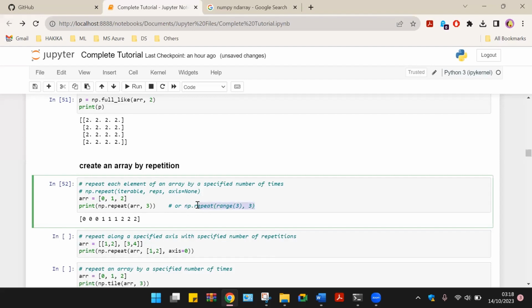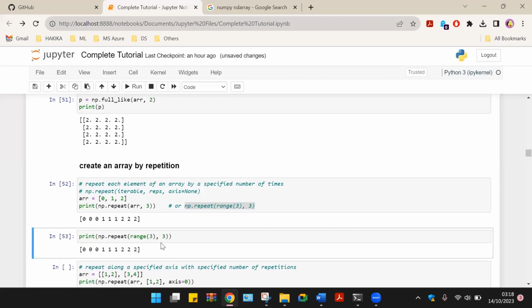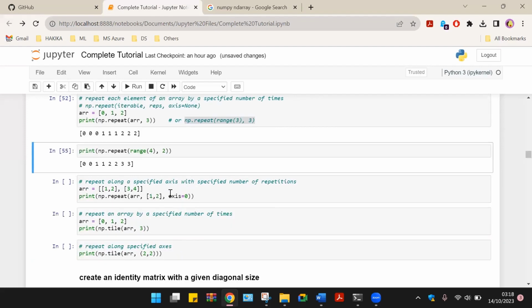And in this case, we can also use this function to create the same array. Let's see, print that, see what we get here. And we are repeating that 3 times, range 0 to 3. We are repeating it 3 times, range 0 to 4. We can repeat that, let's say, 2 times. We can also repeat along